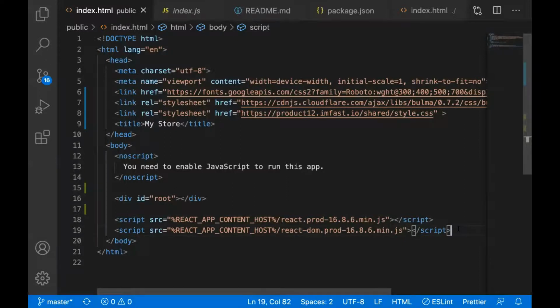So if there is some library that is shared across every micro frontend, then we can create a central host, deploy all of the shared dependencies there, and just load them on the container itself. This way, since we have loaded the React script on the container, we won't load those scripts at the micro frontend. So it will save 40% of the size. We don't have to load every library or dependency at the micro frontend level. So this is the shared content.